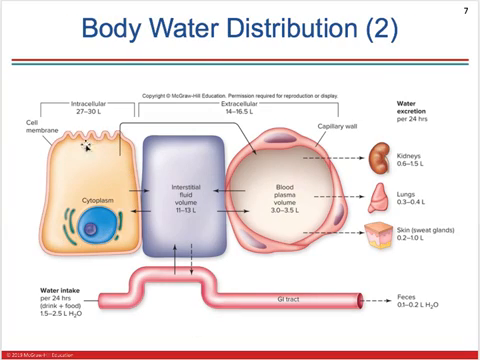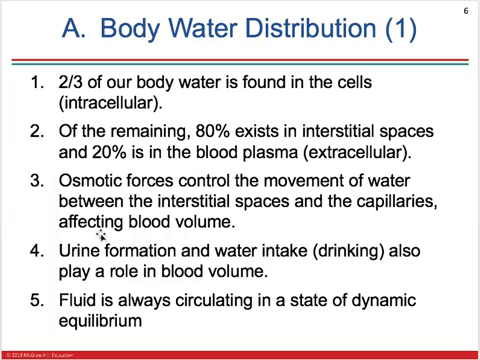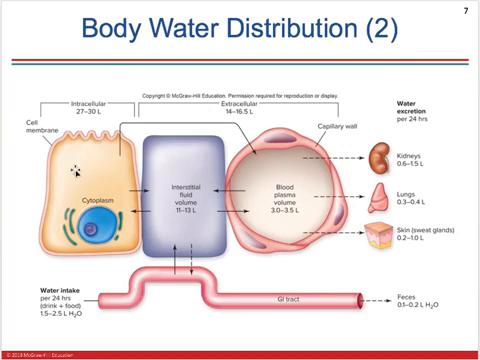So here's the intracellular compartment. As mentioned, about 2/3 of the water is found inside of our cells. And then the remaining 1/3 is divided between the interstitial space. About 80% of that 1/3 is in that interstitial space, and about 20% is the liquid part of the blood plasma. And then there's a constant dynamic exchange here,